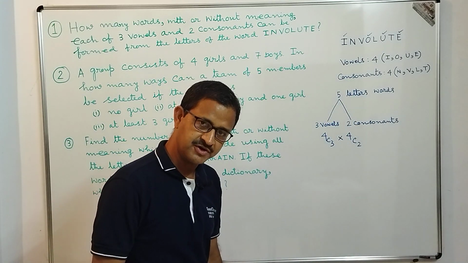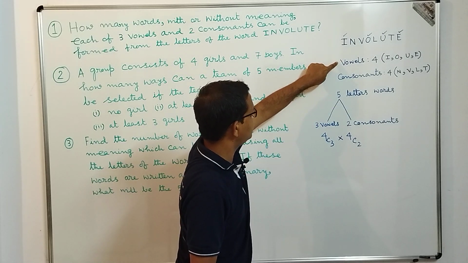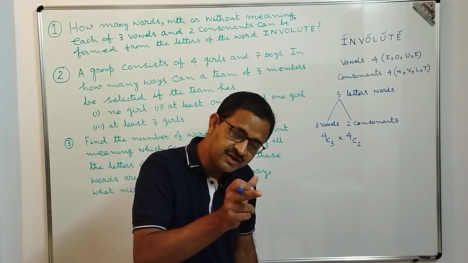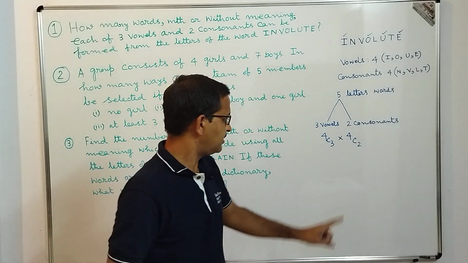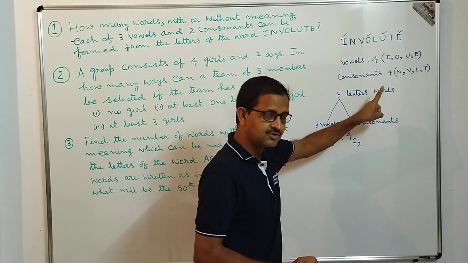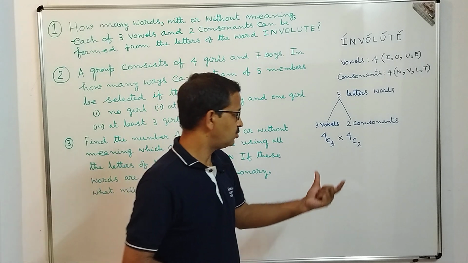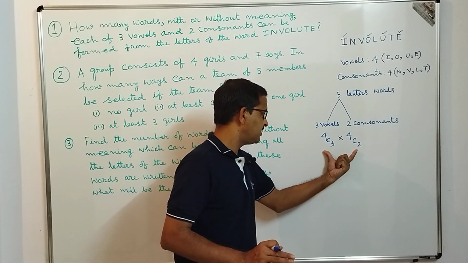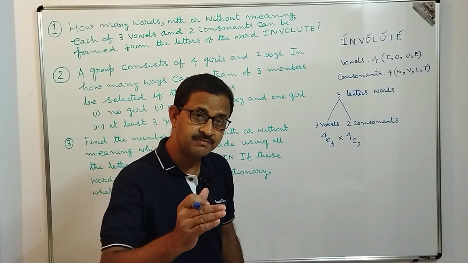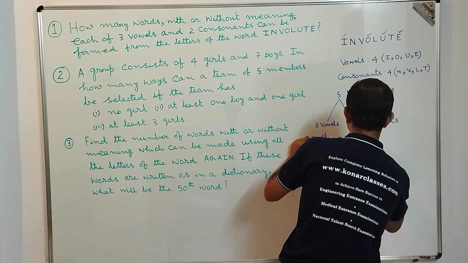I repeat once more dear students, that 3 vowels can be selected from the 4 distinct vowels in 4C3 ways. For each of the selections of these 3 vowels, the 2 consonants can be selected from the 4 distinct consonants in 4C2 ways. So the total number of selections is 4C3 into 4C2, by leveraging the principle of multiplication. Now what is this value? This value becomes